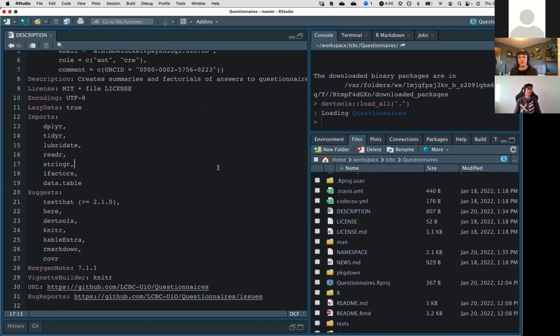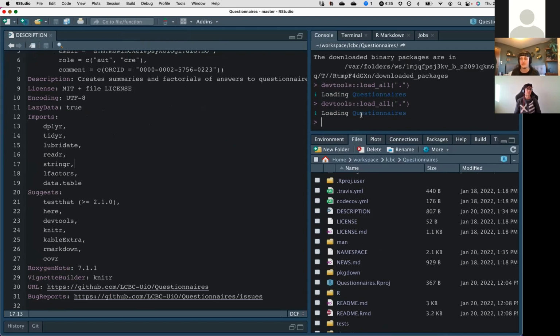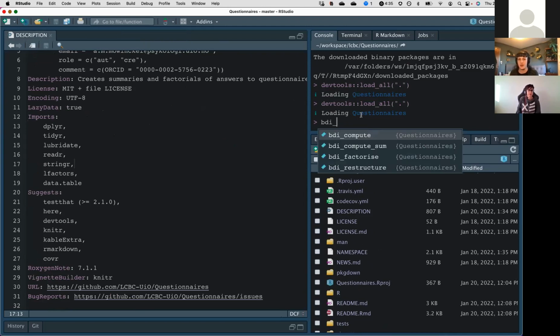So as I'm developing things, I usually use devtools load_all. There's a shortcut on my keyboard, Command-Shift-L or Control-Shift-L if you're on a non-Mac keyboard. It just loads all the functions in the package so that you can work on them. So here are, for instance, all the VBI functions that I have exported so that the users can see them. There are